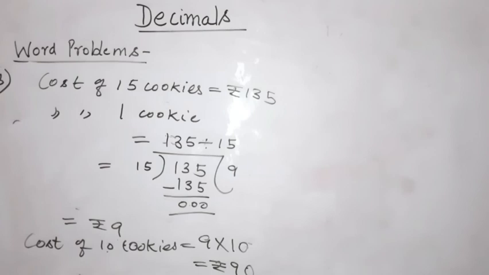Now students, question number 4 is your homework. The cost of 2 kg tomatoes is rupees 48.80. What is the cost of 5 kg of tomatoes? So here also what you have to do, 48.80 will be divided by 2. Then you will get to know about the cost of 1 kg tomato. Then you can multiply that amount of 1 kg of tomatoes to 5. Then you will obtain the value or the cost of 5 kg of tomatoes. So I hope you must have understood, students.